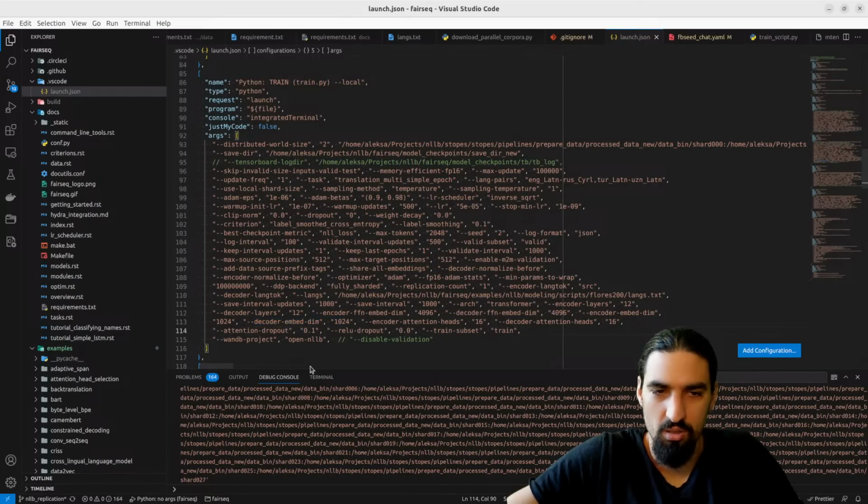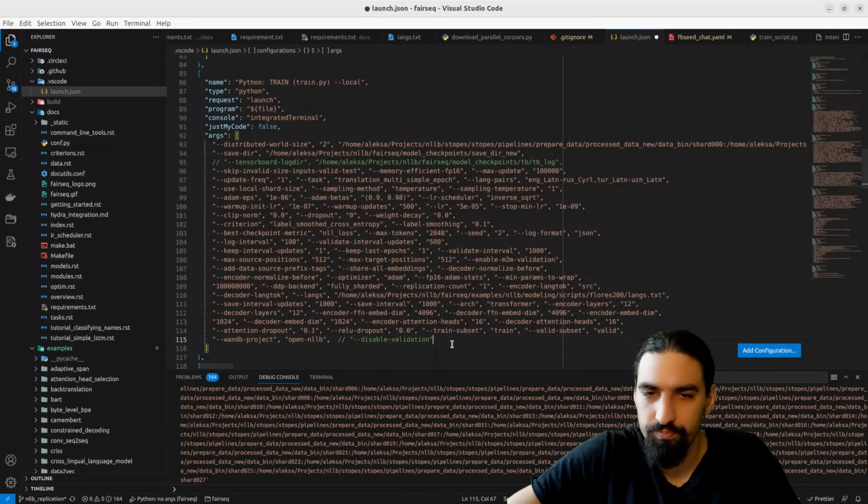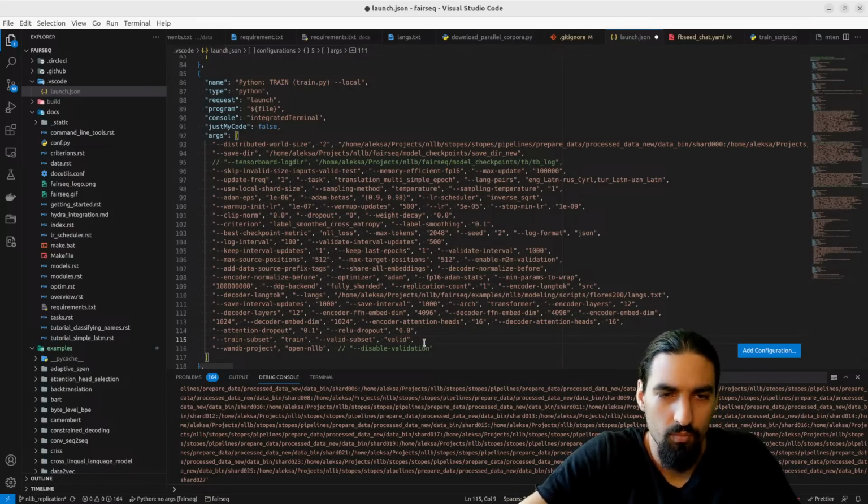Okay, these are just setting up train subset, validation subset. Makes more sense to put these together just to organize them easily. Like this.